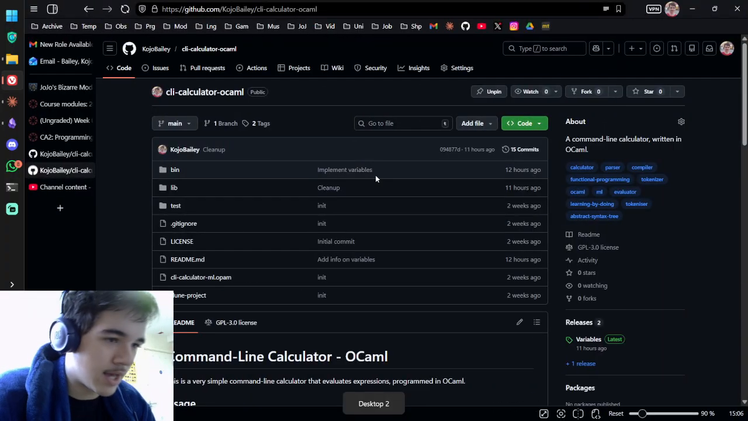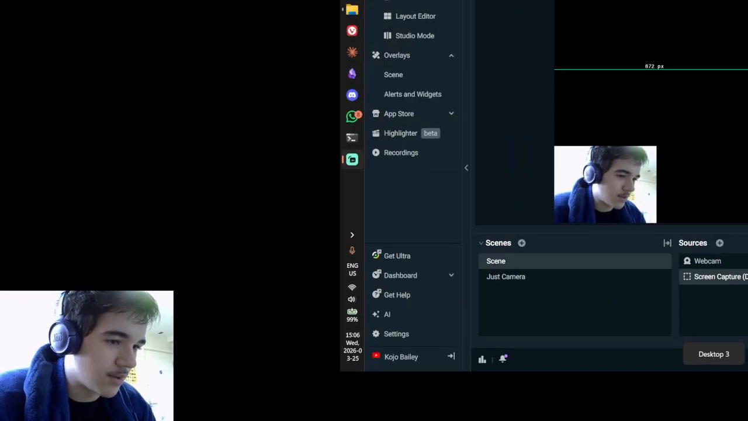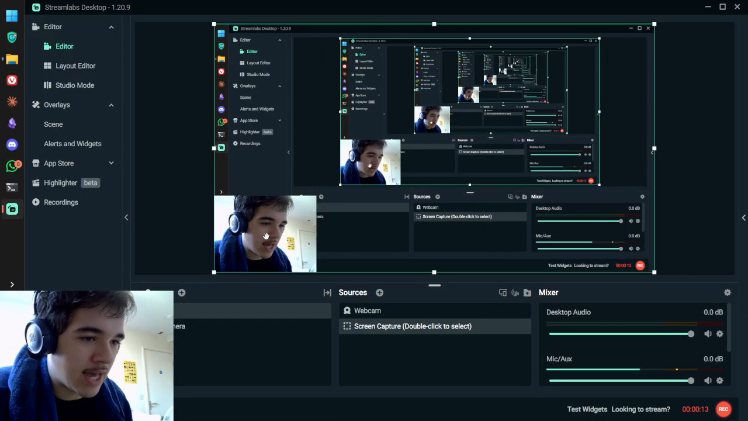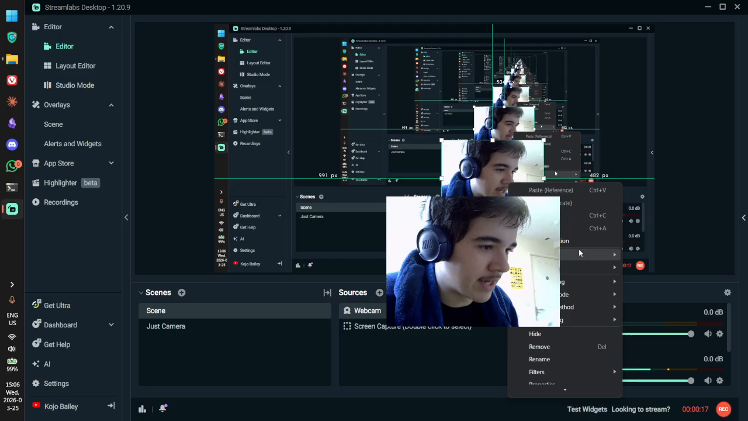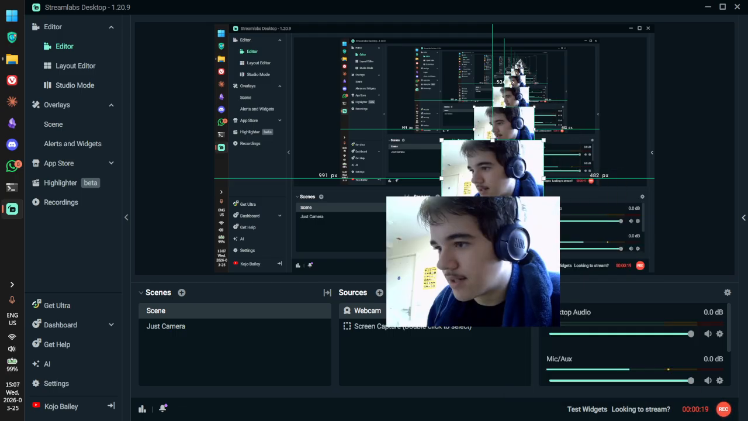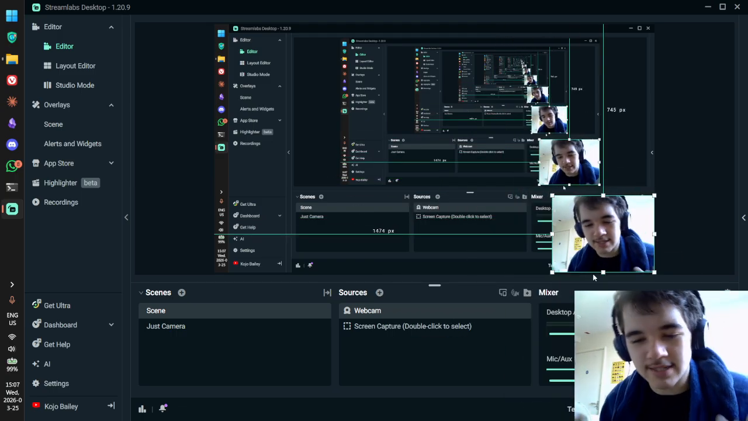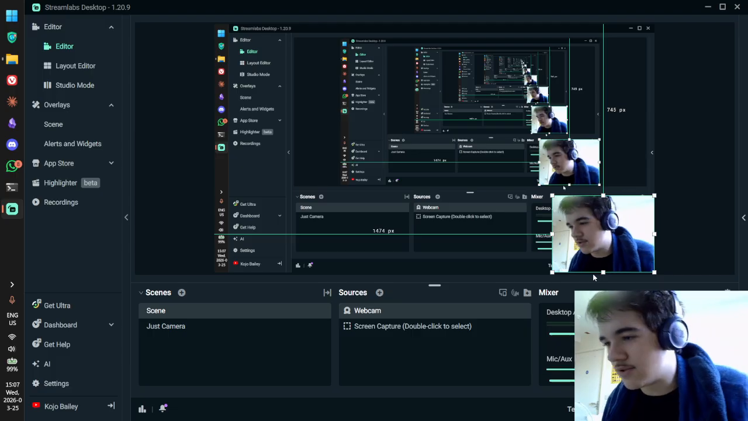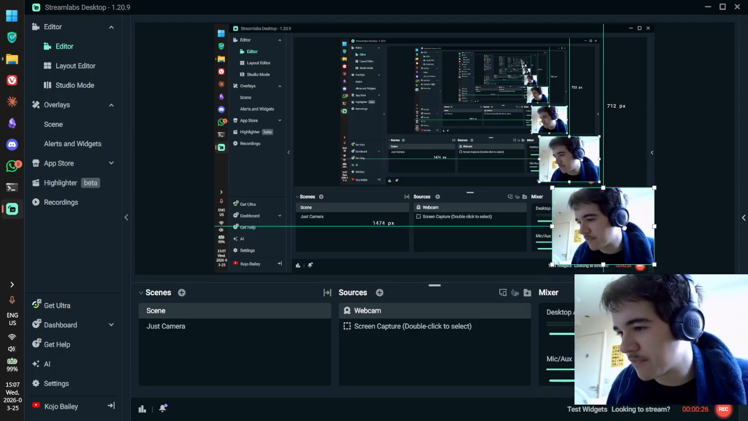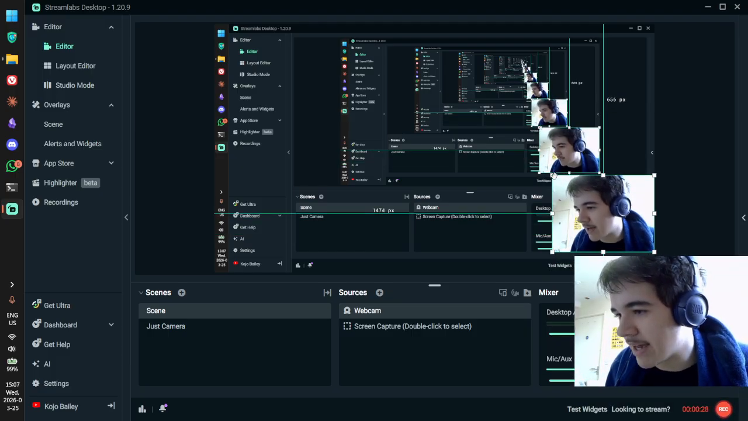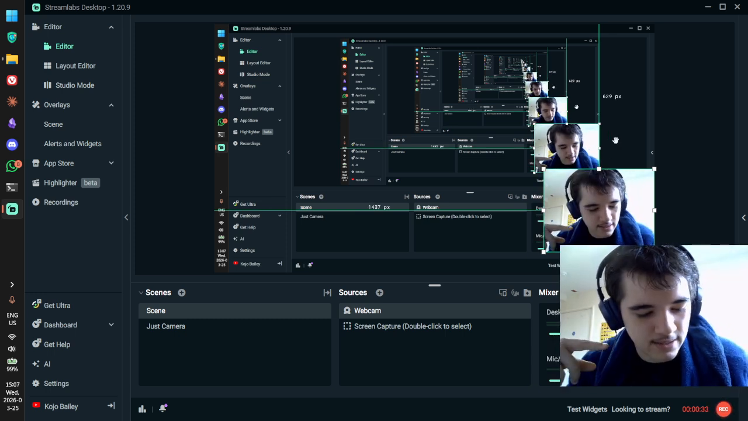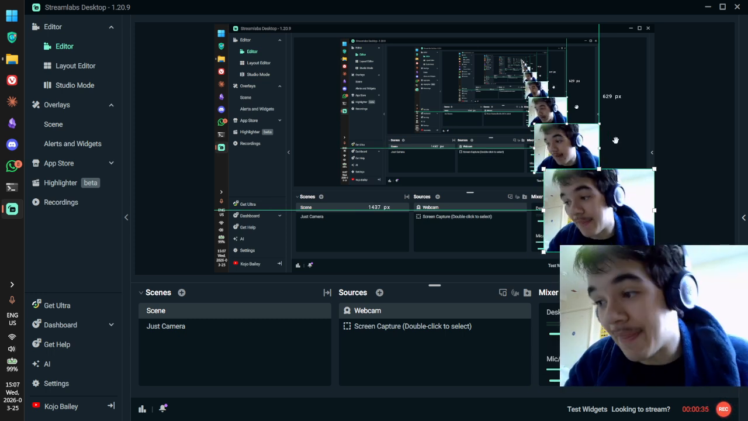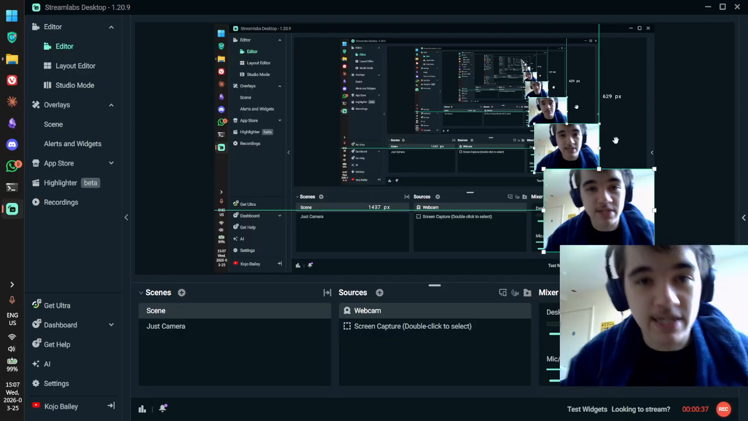So in the last video, which was yesterday, I implemented variables, which is very cool. So you can now assign values to identifiers. But the rule that I specified was that you can only have identifiers starting with lowercase letters,